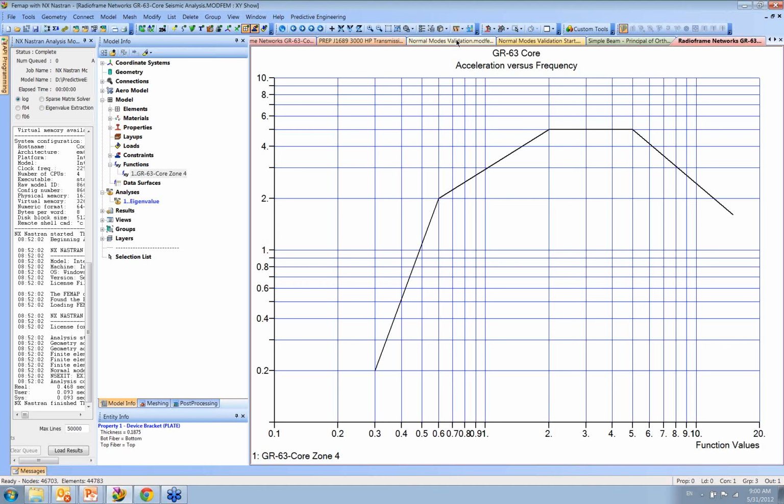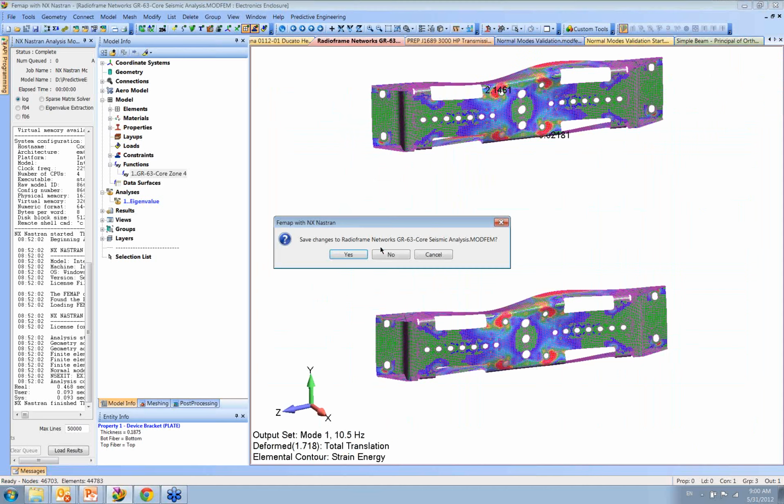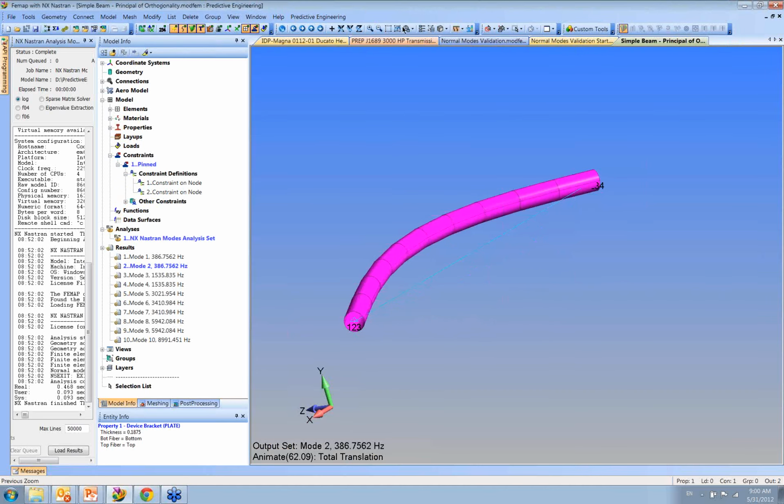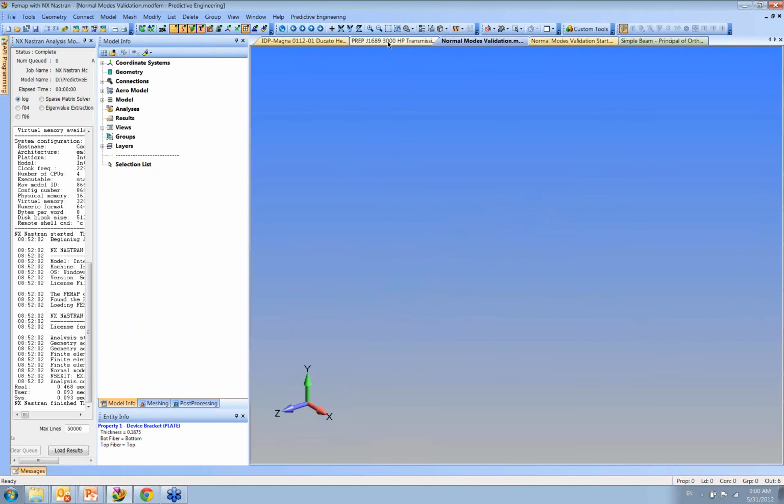Let's find out where that is. I'm going to have to close some things. You can see I get carried away with tabs. Close that. Come back here. Radio frame. That was a fun project. Nope. Nope. Nope. Simple beam. No. I thought I saved that.